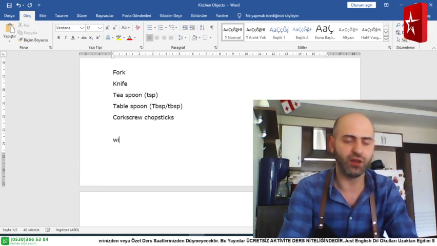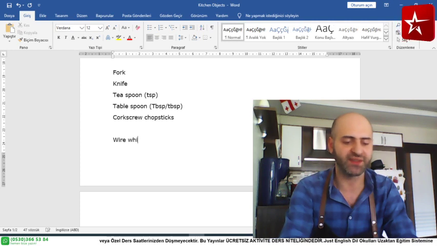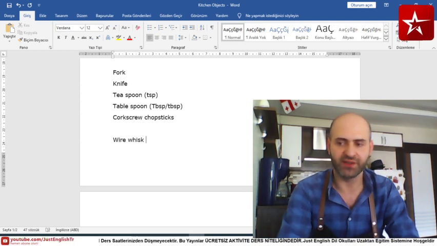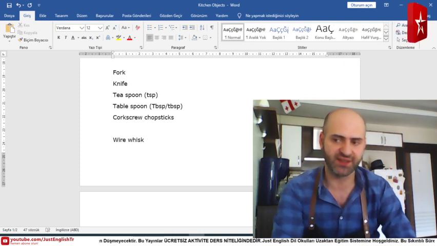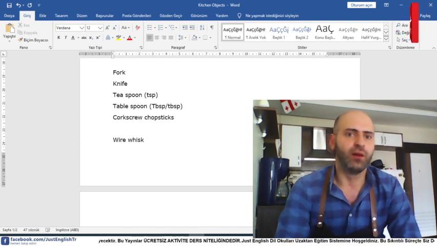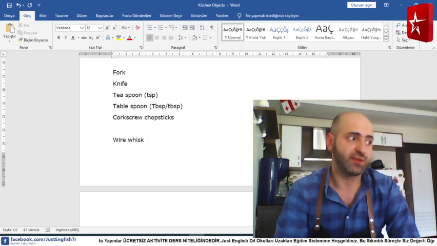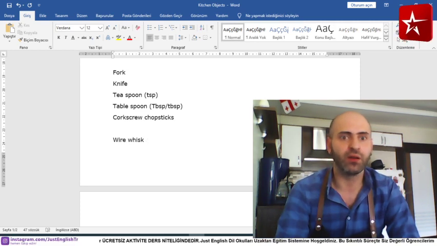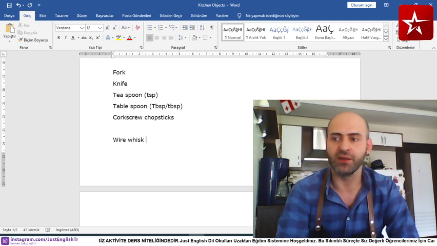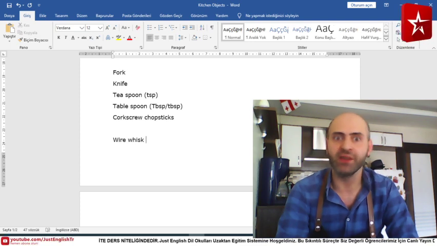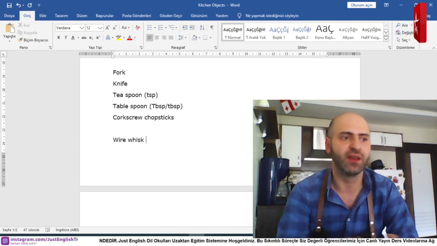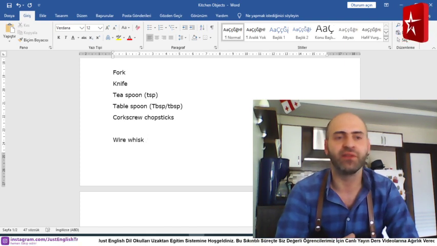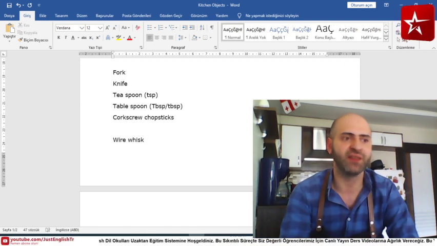This one is called a wire whisk. There is also the same word as a verb, to whisk something. And we can use this if you are mixing something, or if you are making pancakes, for example. If you want to mix sugar and eggs and flour together, this is the best thing for